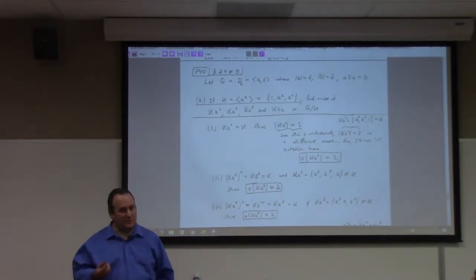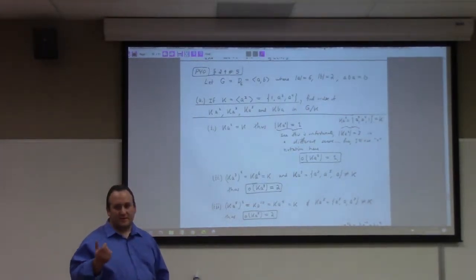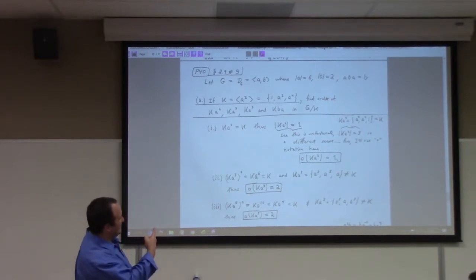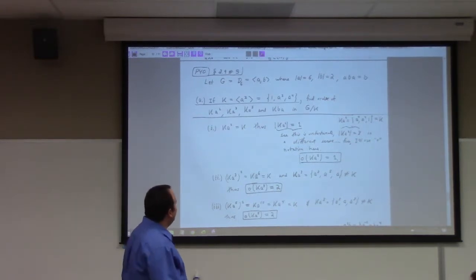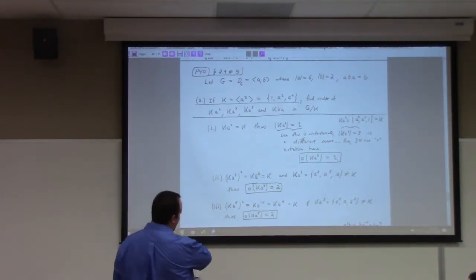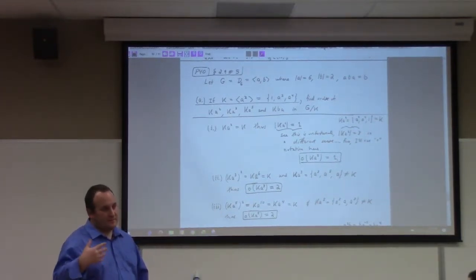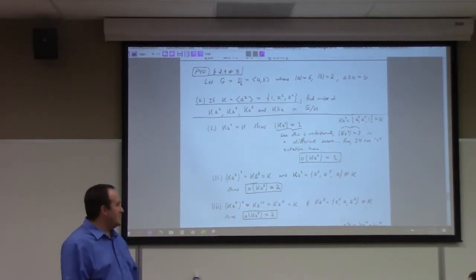The center's a normal subgroup, right? If you have a dihedral group of even order, the 180-degree rotation, so to speak, a to the half power, will commute with everything because of the way the generators and relations work. But this is not that. This is a subgroup which is not normal, and since it is not normal, these calculations are meaningless. You cannot calculate products of the factor group when there is no factor group to calculate products in, right? Or at best, I shouldn't give one value.